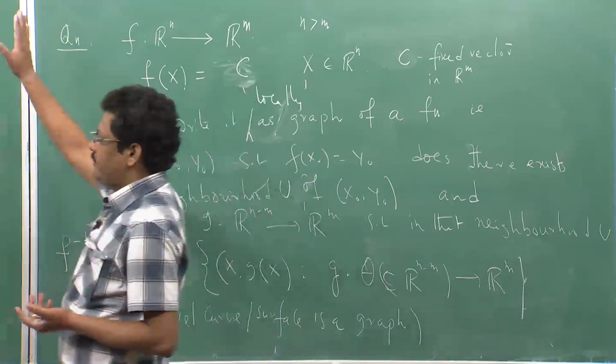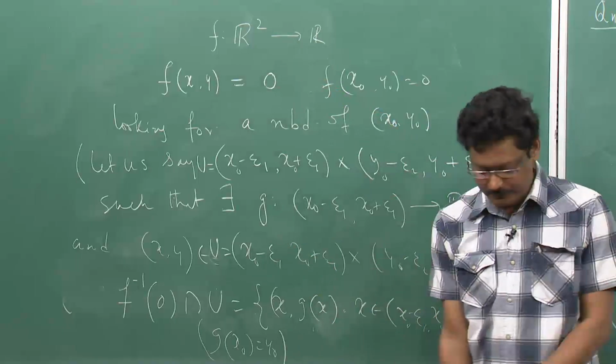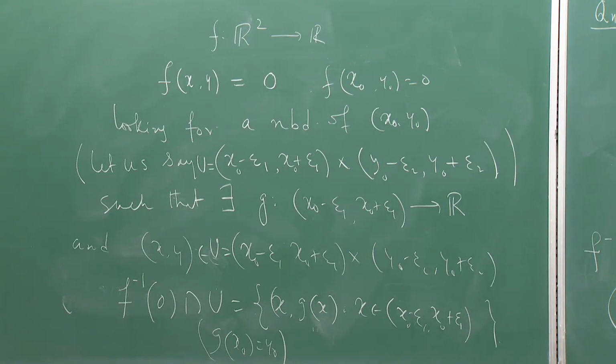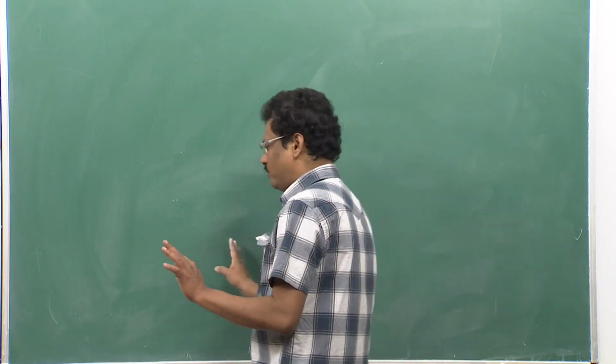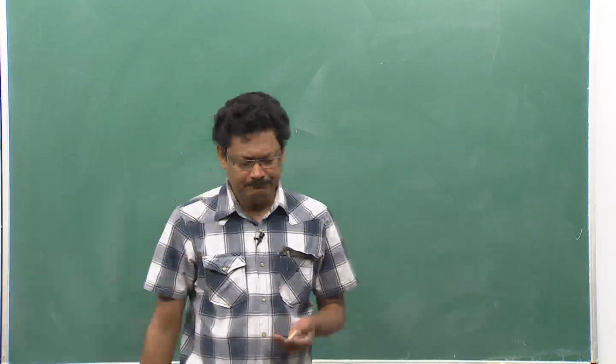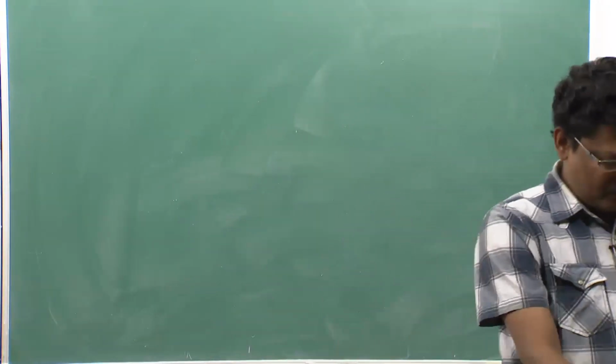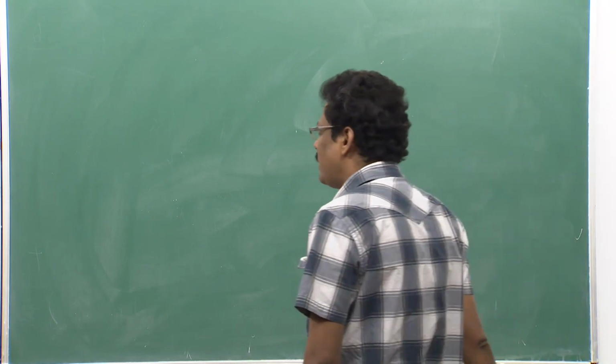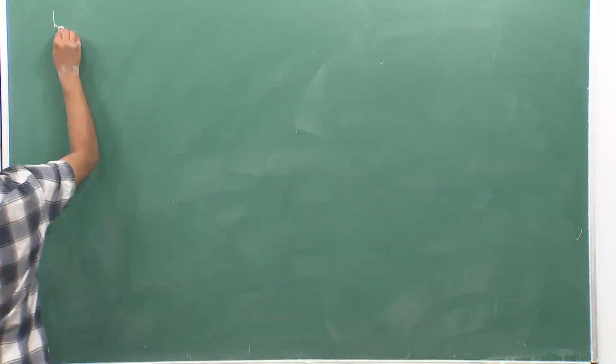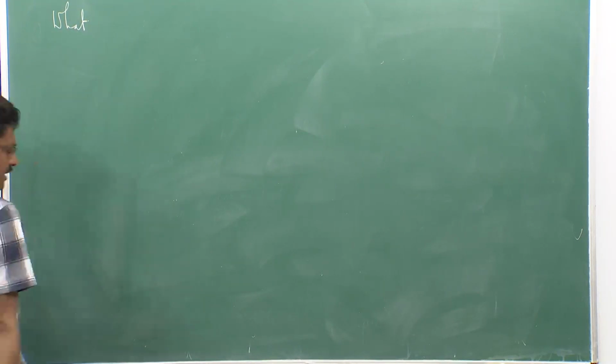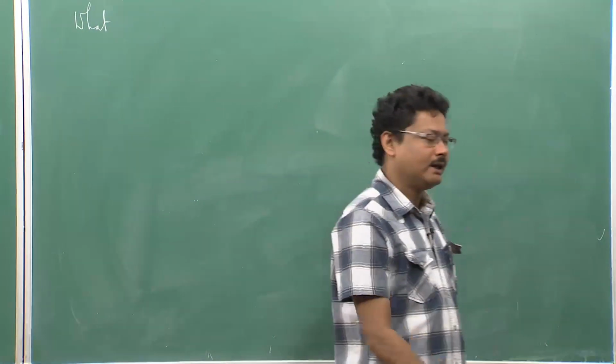So, this question simplified for a curve is this one. Try to understand the statement first, the question first, then we will see how we will get that. Statement clear, I guess. Otherwise, rewind your video and see it again. Well, I do not want to state the implicit function theorem straight away. Before anything else, let us see if I want to achieve such a thing, what we need. So, we will form the statement from whatever information we gather.